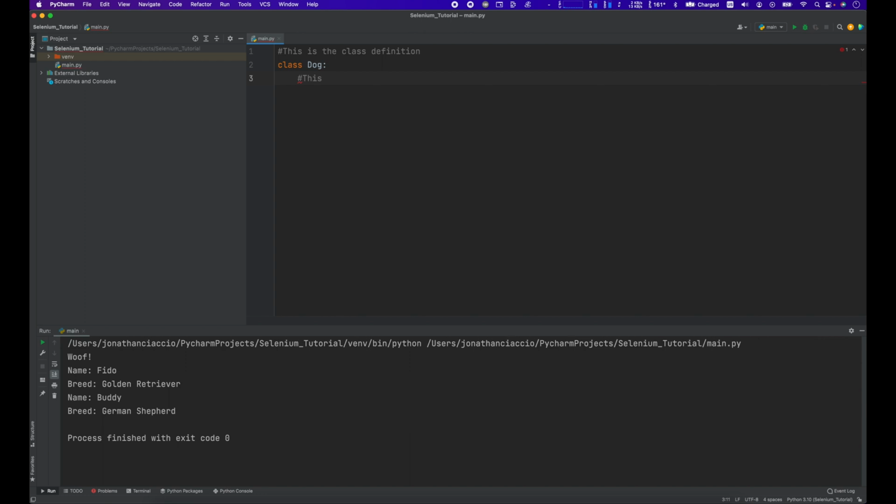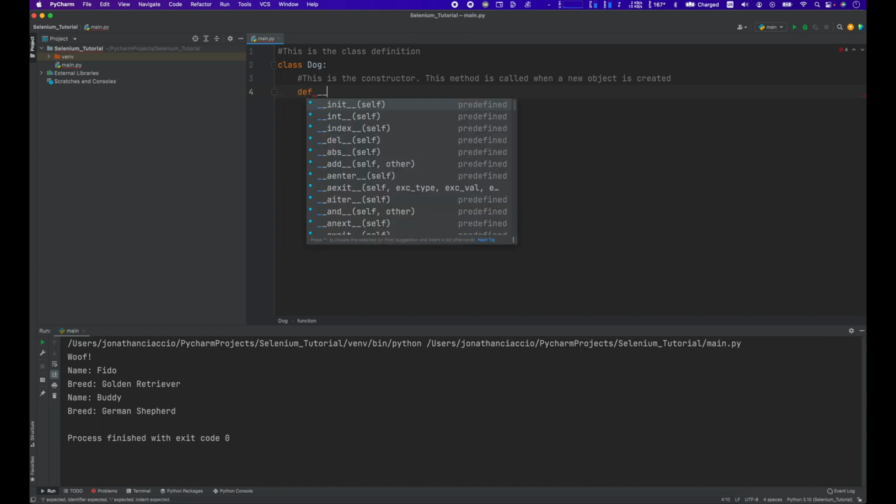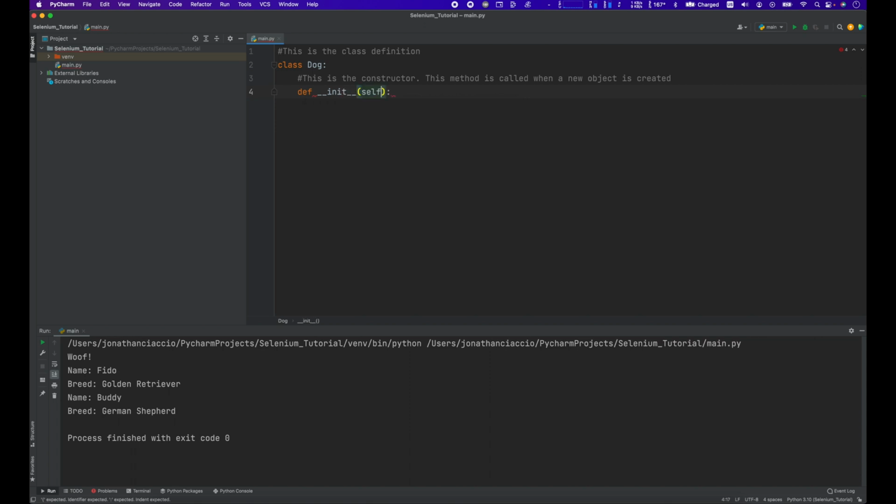Now we're going to create the constructor. This method is called when a new object is created. So the constructor constructs the object. And to create this constructor, we're going to define double underscore init double underscore self. And then